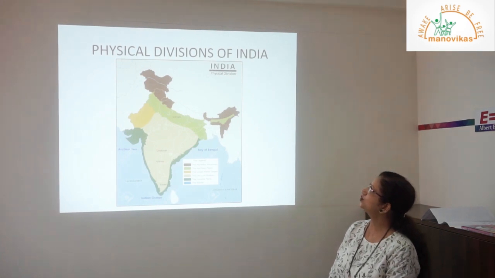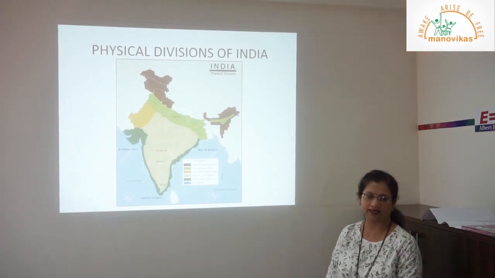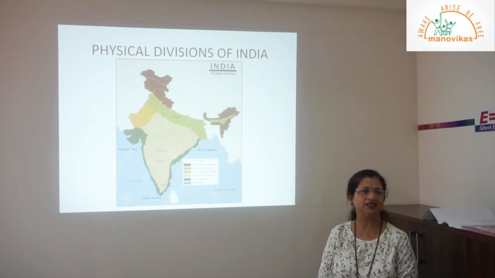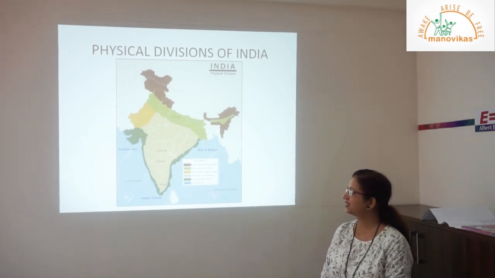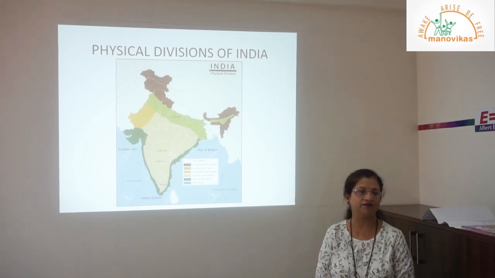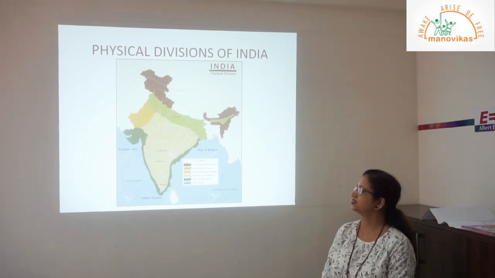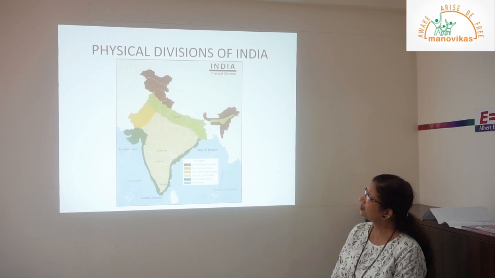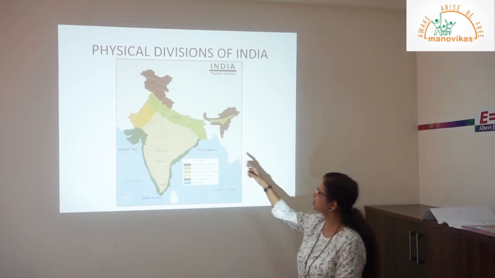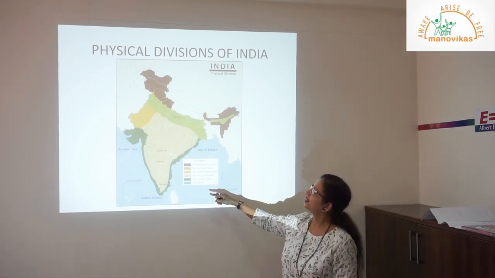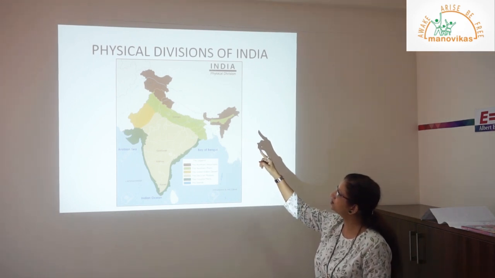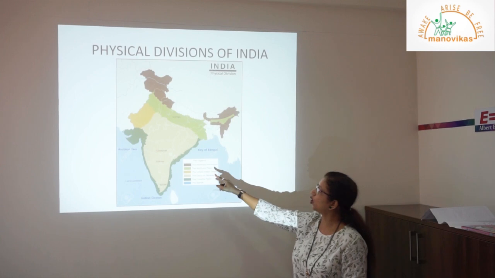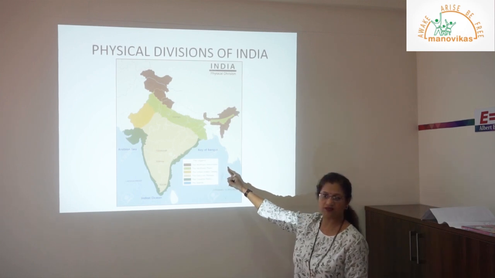Next we come to the physical divisions of India. Now India is a vast country. We all know that we have 28 states and we have 9 union territories. In the same way India is divided into 6 divisions. Can you see the brown color, children? They are the mountain regions or the northern mountains.